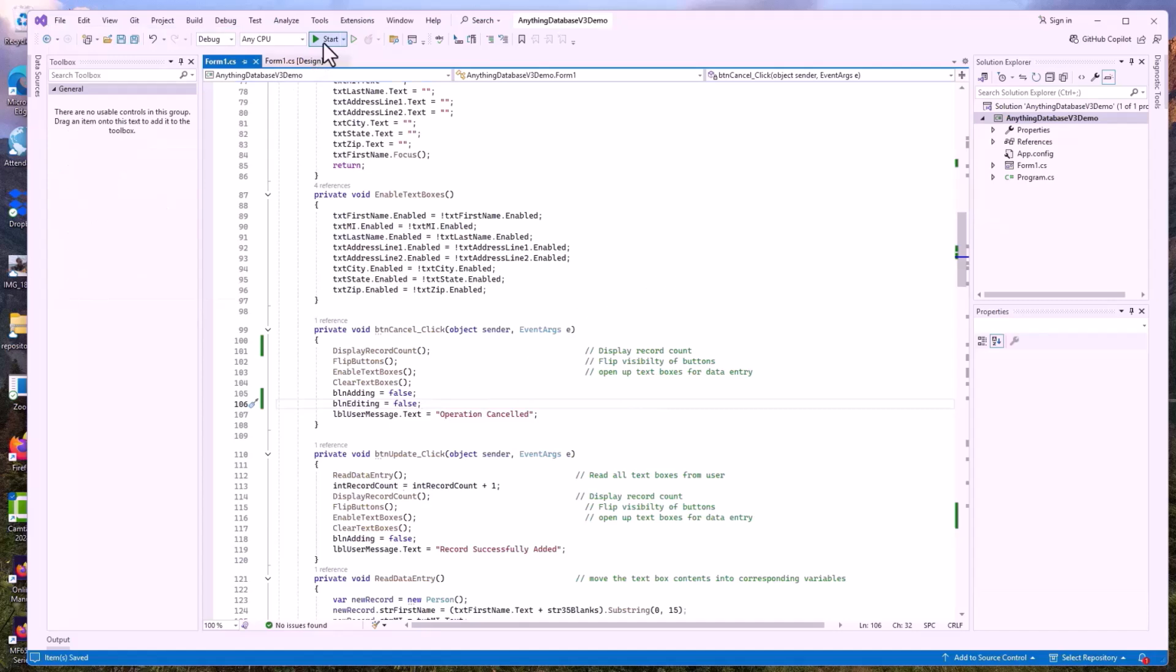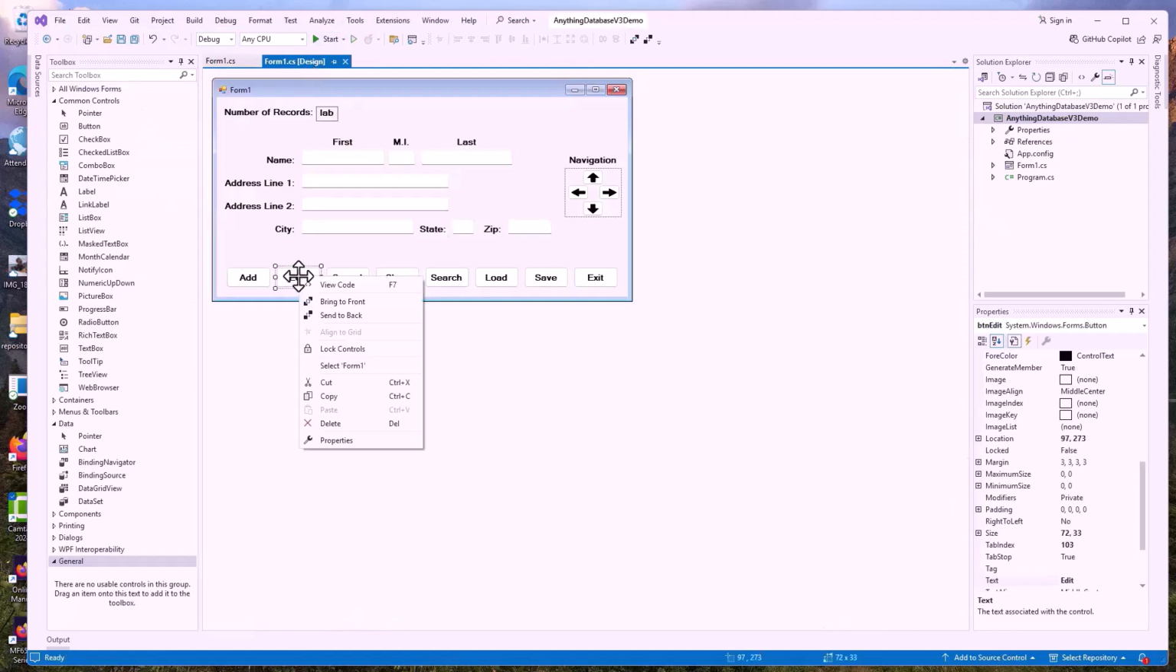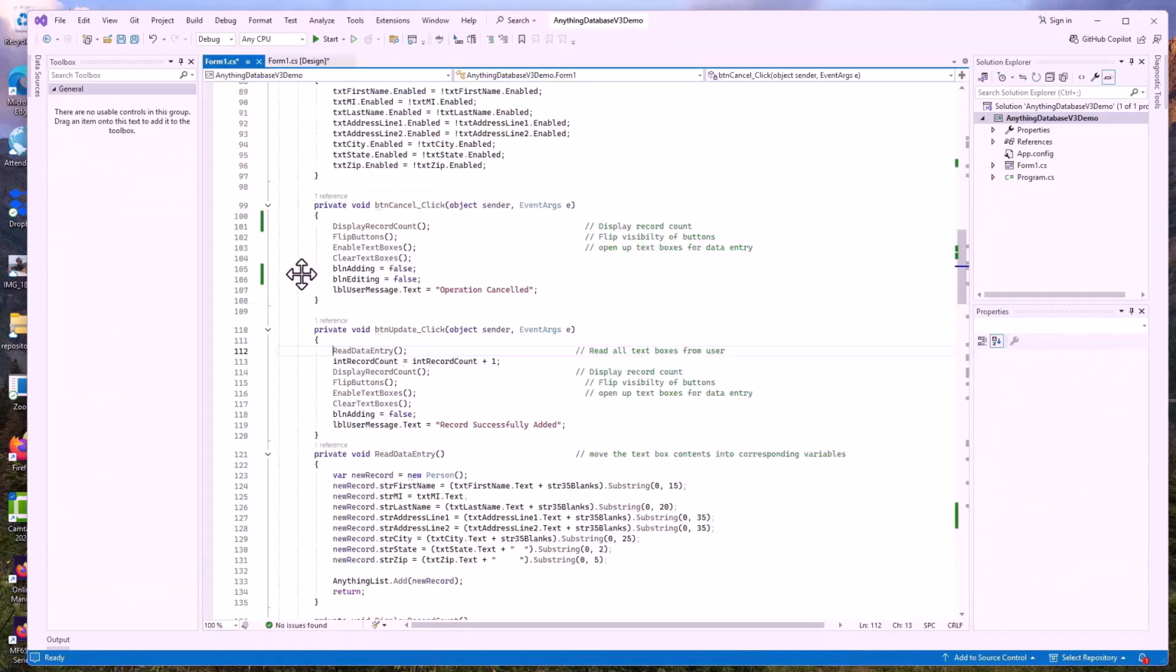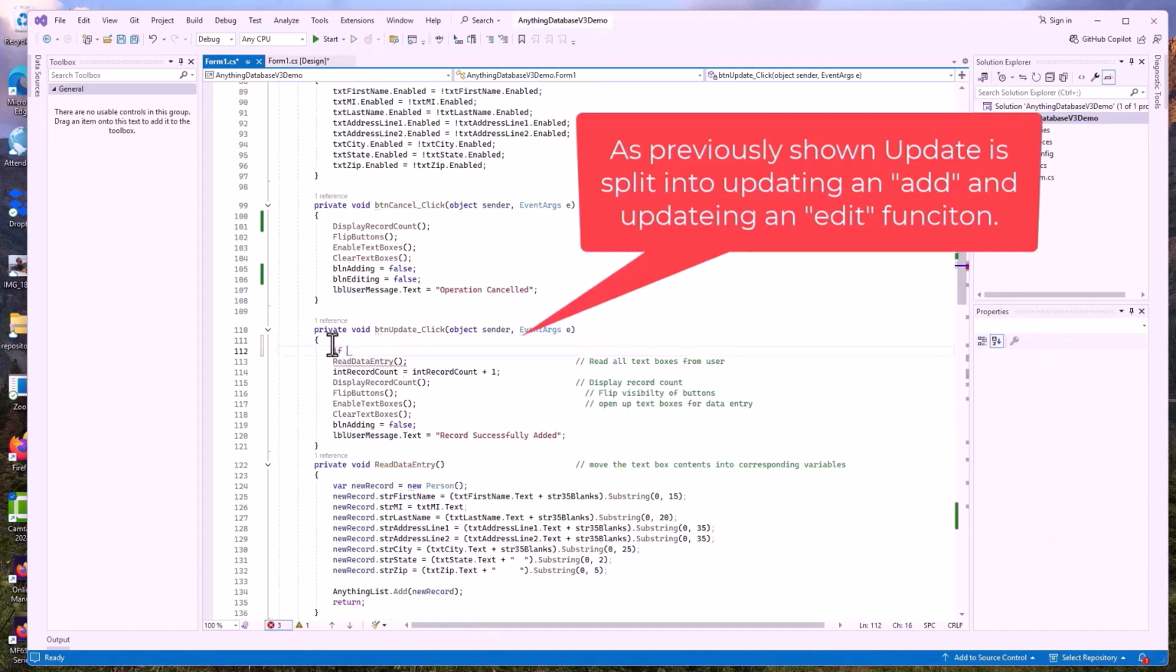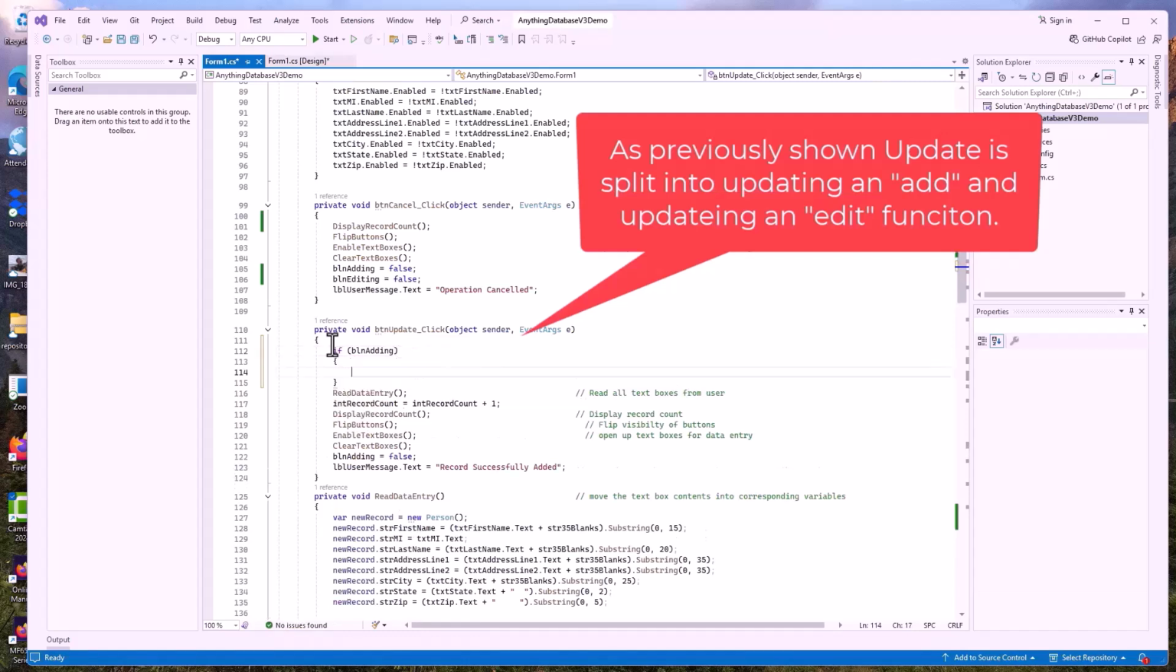Now we're going to send the edit button to the back, and we're going to double click on the update button. And there's our old update button sitting right there. What we're going to do here in the button update is go ahead and say if BLN adding, and we're going to put in some braces, and that piece of code is going to go in here. So I'm going to take this entire add routine